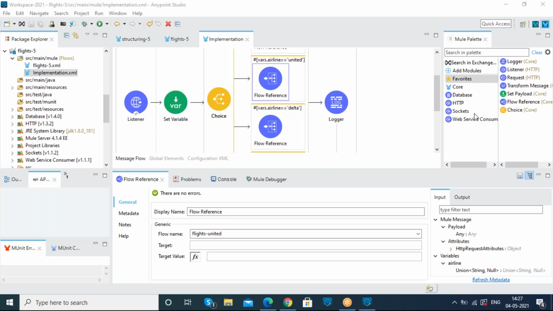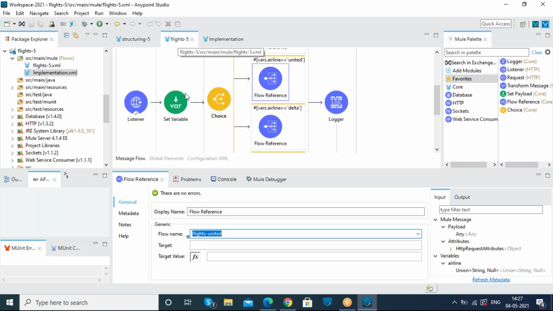Selecting destination also, is it required to select destination? Why are you not getting the information whenever you select the airline name? See, the dest parameter is required because whenever we are calling these APIs, these flow reference connectors are referring to the flights United flow.